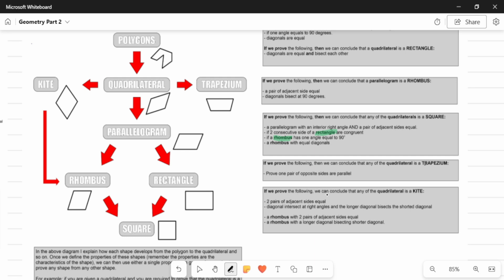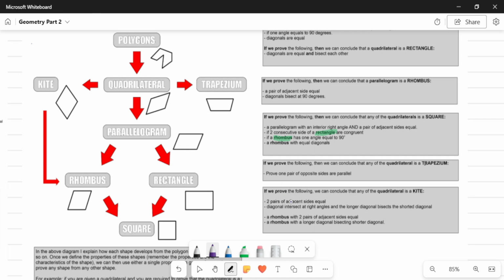If you have the following, then we can prove that any of the quadrilateral is a kite. So let's say you have a random quadrilateral. See, I didn't name what quadrilateral it is. You just have a random quadrilateral. If you can prove that two pairs of adjacent sides are equal, then you can prove that the quadrilateral is a kite. So let's say you just have a random four-sided figure. If you can prove this pair, that's an adjacent side, and this pair here, that's another pair of adjacent sides, to be equal, so you proved two pairs to be equal,